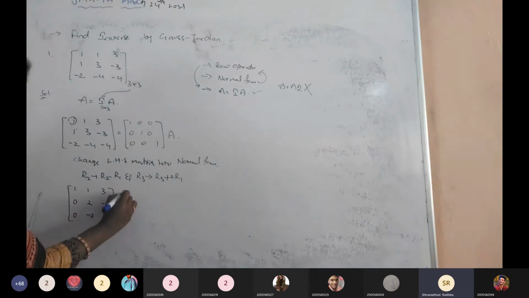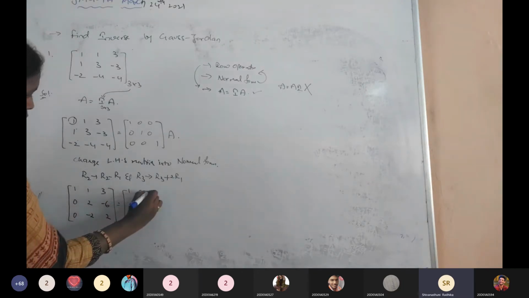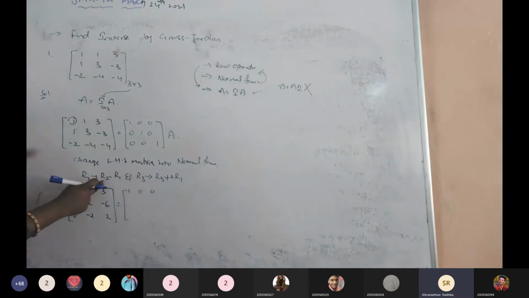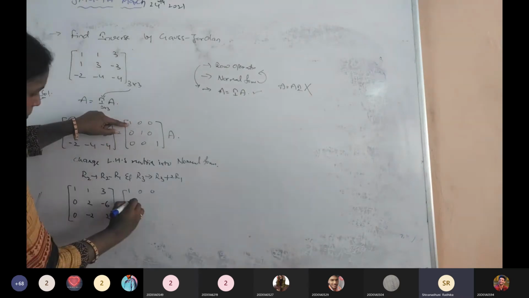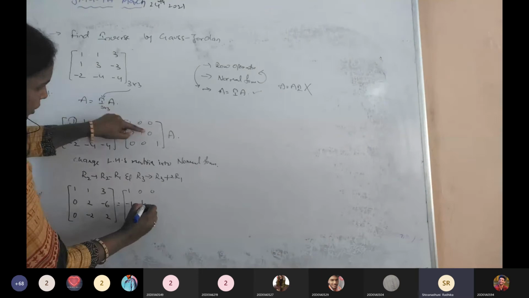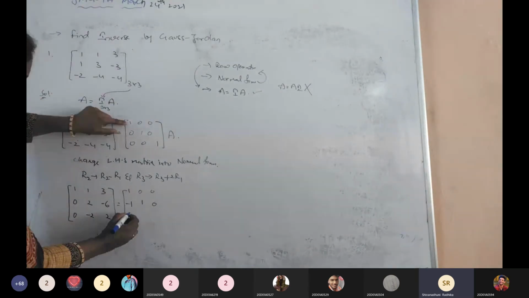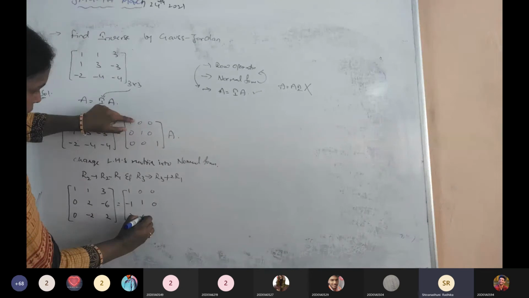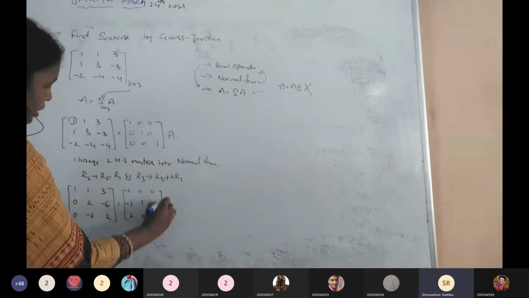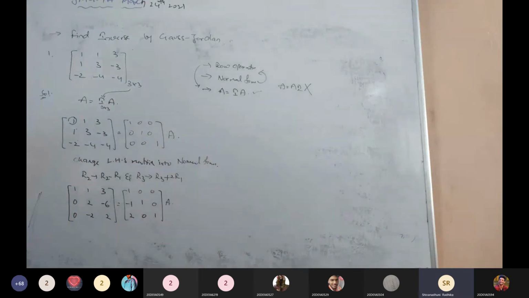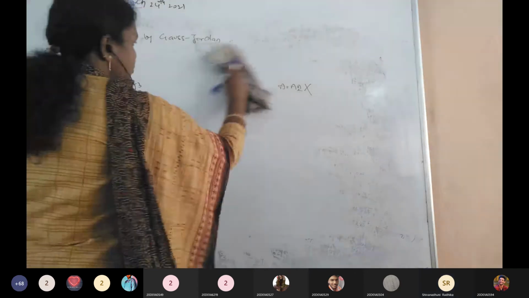Okay? So that equals, here 1, 0, 0. R2 minus R1: 0 minus 1, minus 1, 1 minus 0, 1, 0 minus 0. Right. R3 plus 2R1: 0 plus 2, 2, 0. And 1 plus 0, 1, with capital A as it is. Next, the first row, first element as the pivotal is completed. Then go for the second row, second element. Okay, now that is a pivotal.